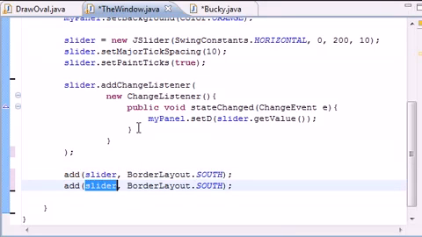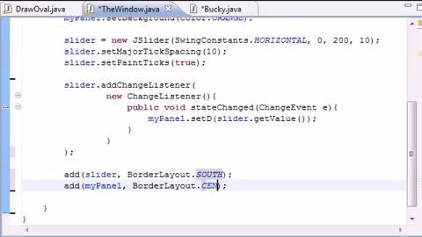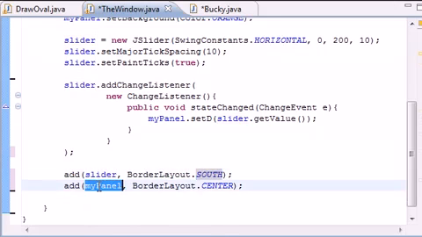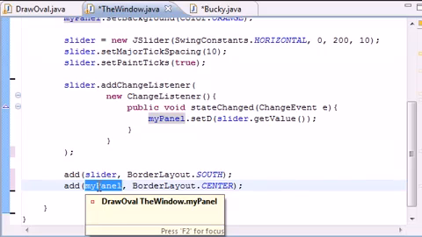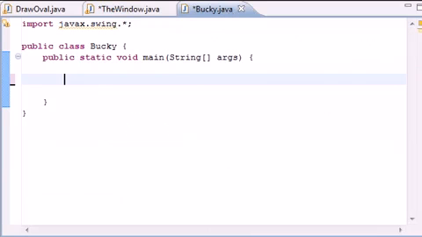Copy paste. So we added the slider. Now we want to add my panel, which is pretty much the background and the circle. So now with those three things, we added everything, and we want this to appear in the center. So now that we added the slider at the bottom, which is south, and the panel, which consists of the circle in the background and the center,